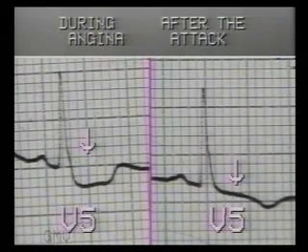This ECG in lead V5 shows a ST depression of 2 mm during an attack of angina. The same lead in the same patient after a few hours shows isoelectric ST segment. This is the typical change in angina pectoris. There is plain or downward sloping ST segment depression which is temporary.